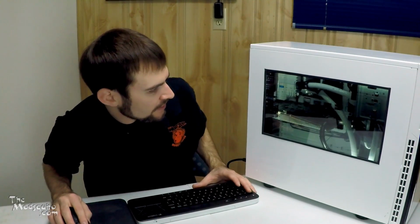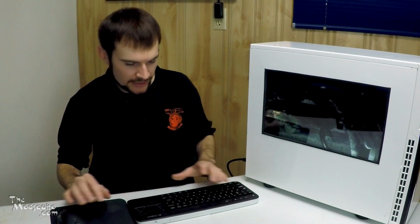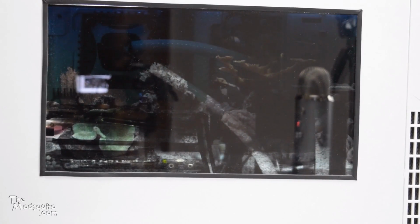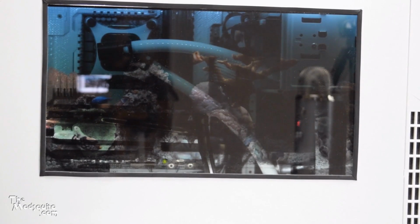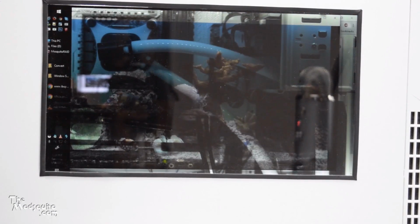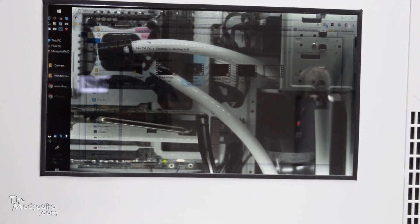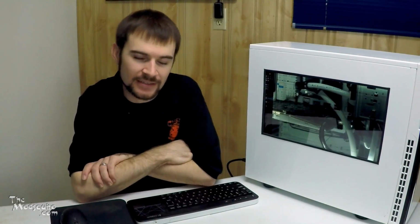You can also put different things on there if you really feel like it. You know, I've done stuff like, hey look, I have an aquarium on my computer now. It's kind of hard to see in the video, but it's there. You can see little fish swimming around, but it's fun, pointless, yeah, kind of, but hey, you don't always have to mod for effective use of certain things, do you? I mean, it doesn't always have to just be modding to put a radiator in because the case didn't fit one,